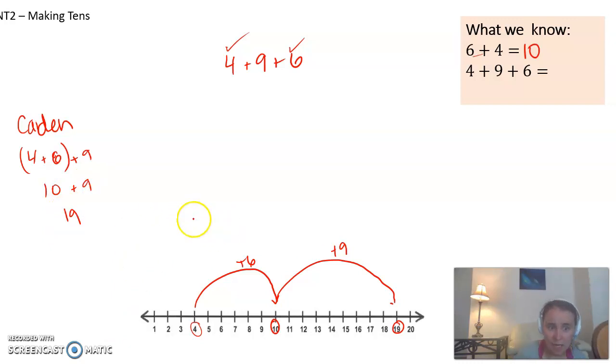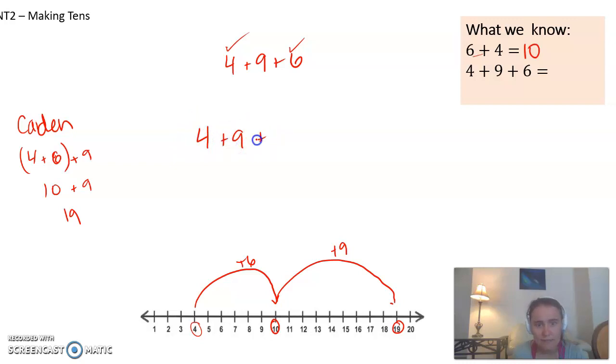And then if no one else said the other strategy, hopefully somebody does, but if somebody does, or if no one does, I want to get that other strategy on the board. So let's say the other strategy is just adding in order. So let's say no one says it, and I'm going to say, well, what if you had a friend that